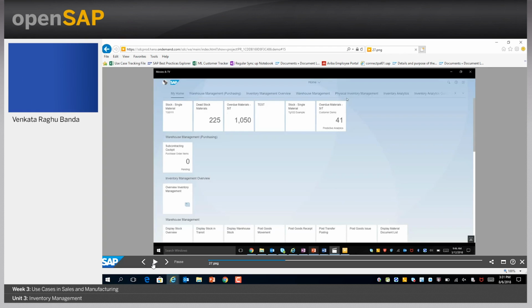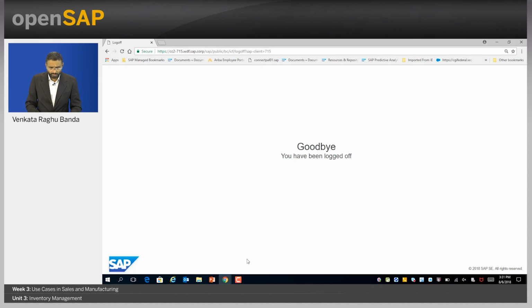In this predictive model, we took some training parameters or filters, and the training happened based on the data available in this system. Now this training data will be leveraged to see how we can run it against the real data in the real app. So now let me log in